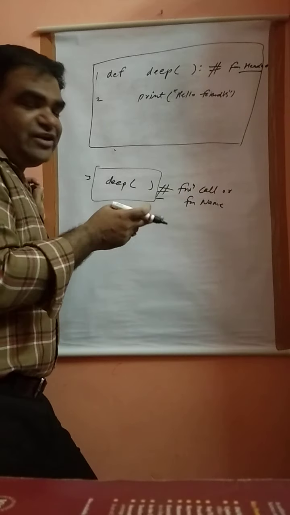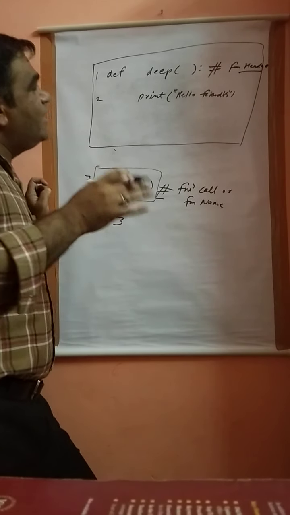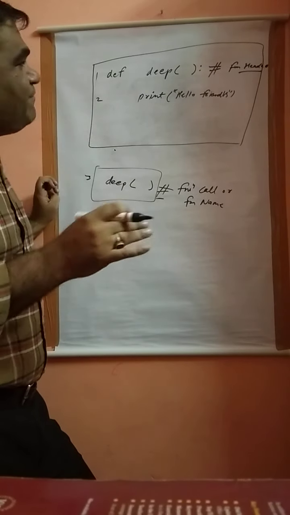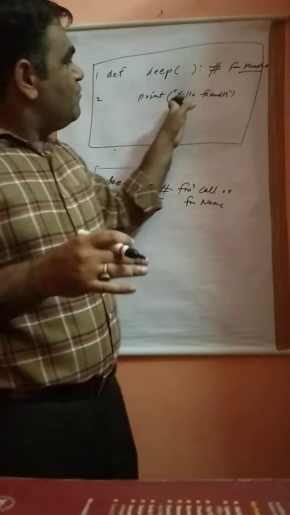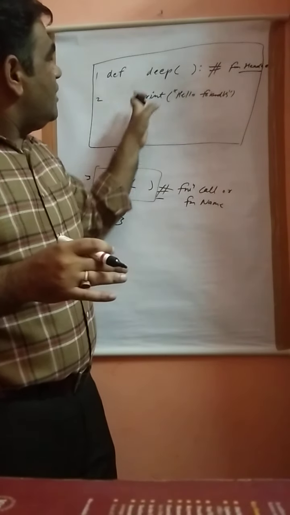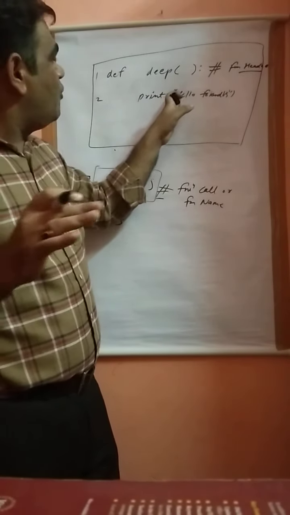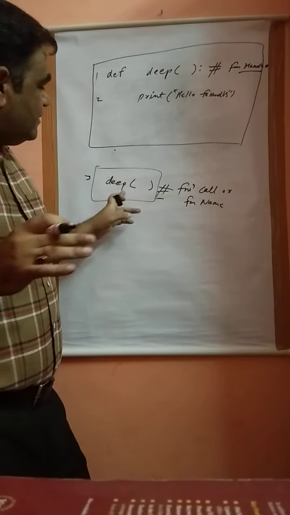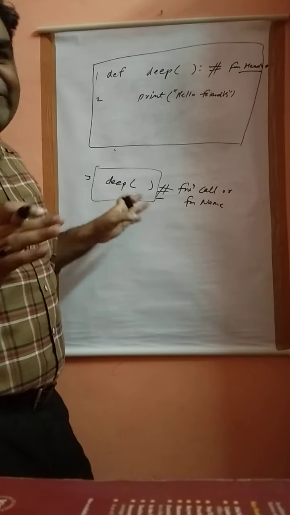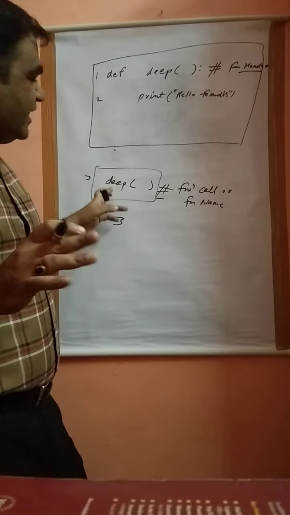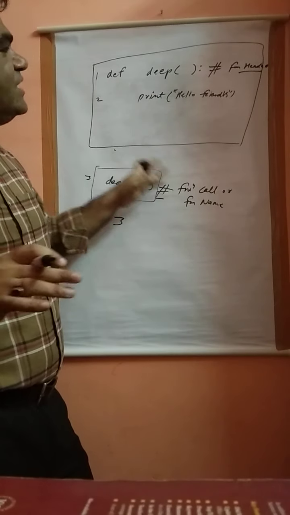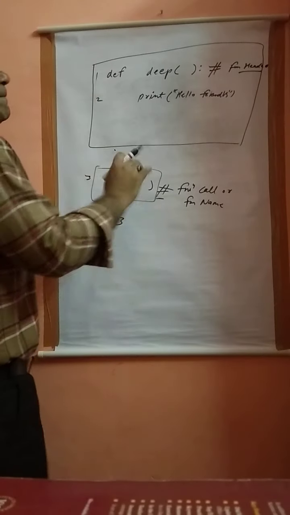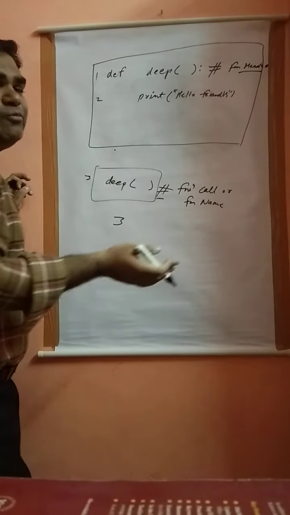The name identified in the function call and the name declared in the function header: if both are the same, then it will go into the body of the function definition block. Otherwise, if the names are not the same, it will generate an error. But here the names are the same, so control goes directly into the function definition block, and it will print the message hello friends onto the monitor screen.